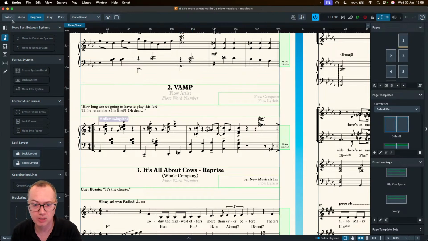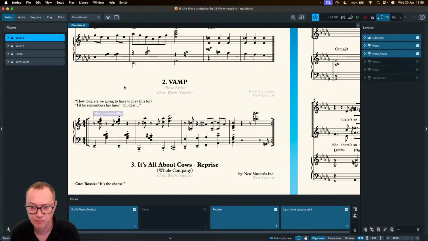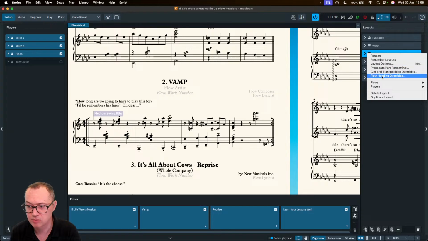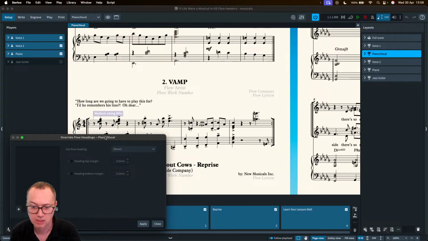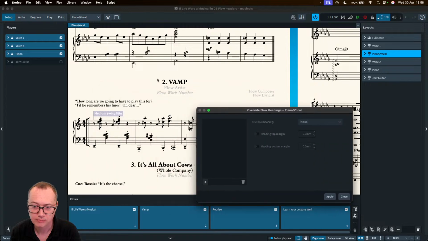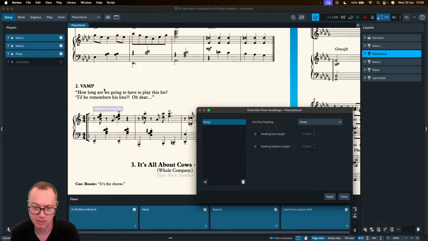So what we'll do this time is we'll go to setup mode. For the layout I'm in the piano vocal layout. I'm going to right click on this, and I'm going to go to flow heading overrides. So now if I just move this a bit, for this vamp here, if I click plus, I can choose the flow that I'm working on, and I can choose the flow heading that I want to use. I've already made a vamp flow heading, and I can press apply, and I will now get that vamp flow